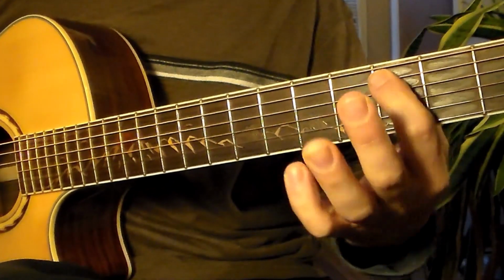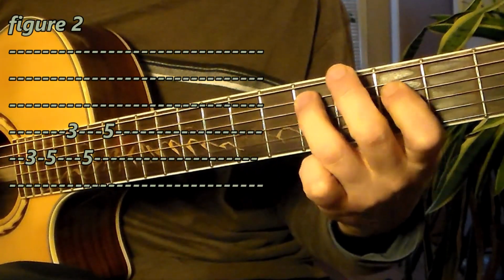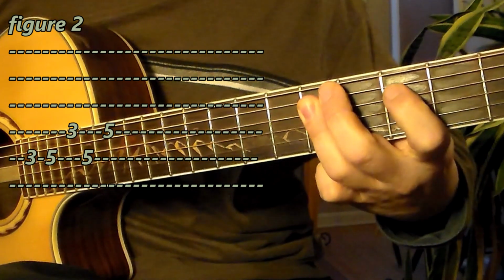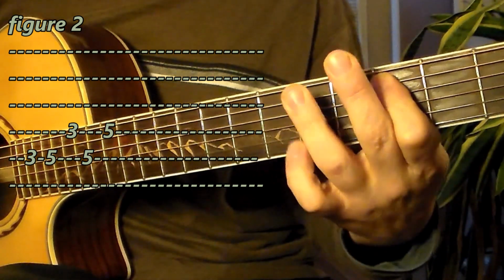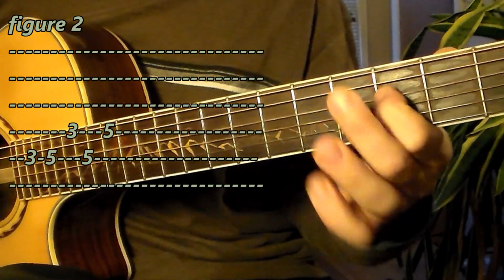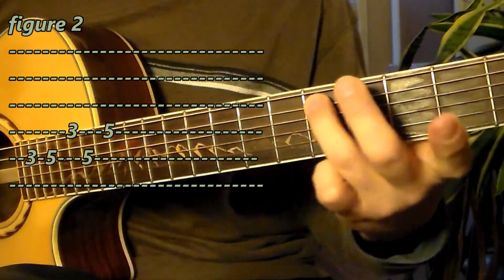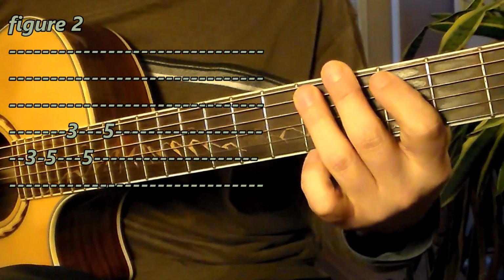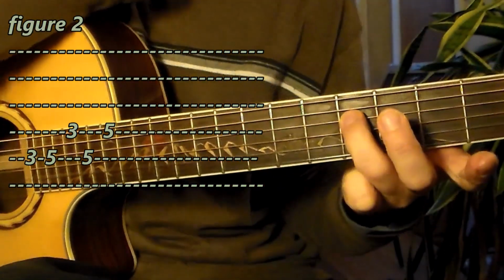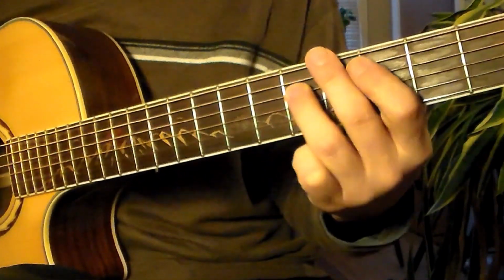This time you have to finish in a different way. It's not too hard. It's C, D, F, D, G. Okay, that's 3, 5 on the 5th string, then moving over here to the 4th string, 3, then back to the 5th string at the 5th fret. Okay, and one more note, G, 3rd finger on the 4th string at the 5th fret. So that final measure,